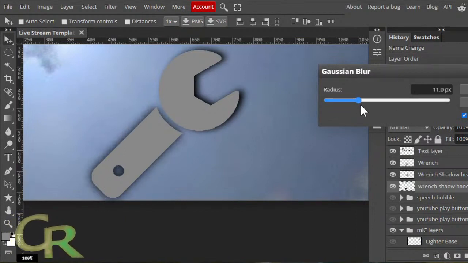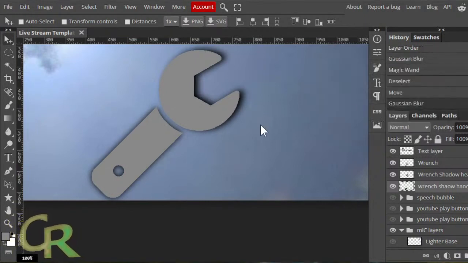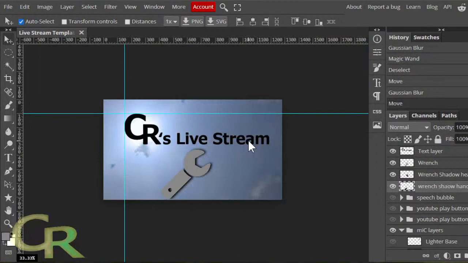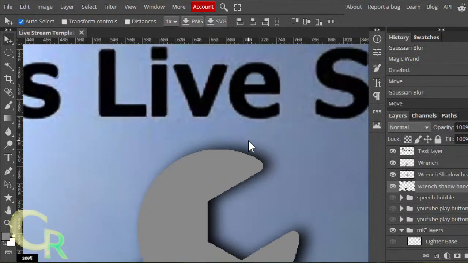Might increase this one just a bit. Yeah, sounds fine, I guess. Move tool if you haven't already. I think that's separately. Then I hit enter. So you can see I'm still making a wrench.